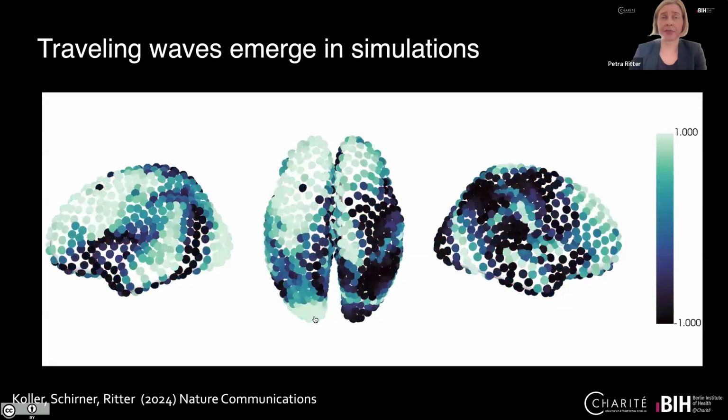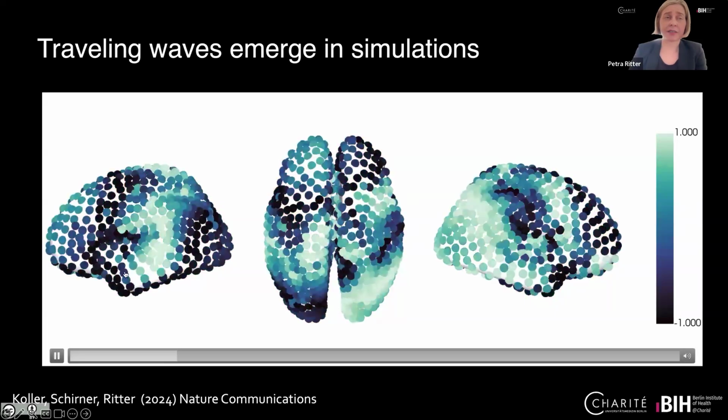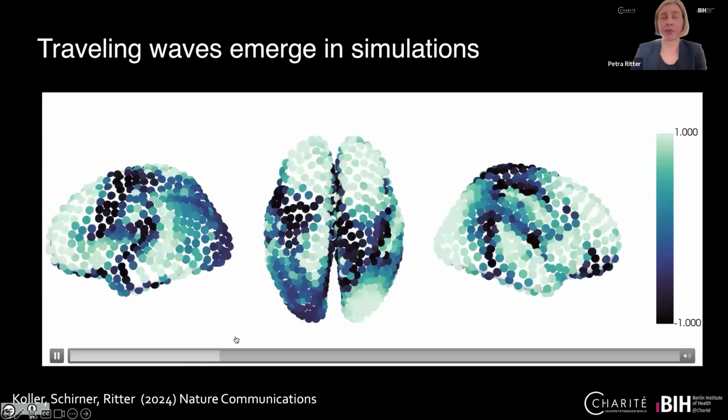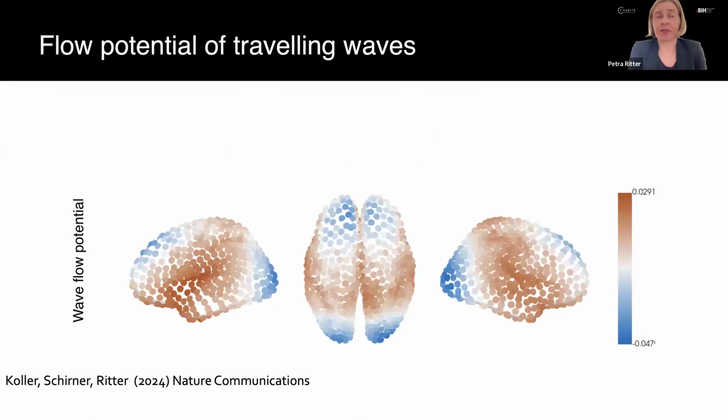And it's a little bit difficult to recognize and to say, are the traveling waves now really following the in-strength gradients that have been determined in the connectome? So this was also statistically analyzed. The flow potential of traveling waves has been determined, and with this, the sinks and the sources, and we see that at the area of low in-strength gradients in the temporal region, there's a source, and at the frontal and the occipital regions, there's a sink.